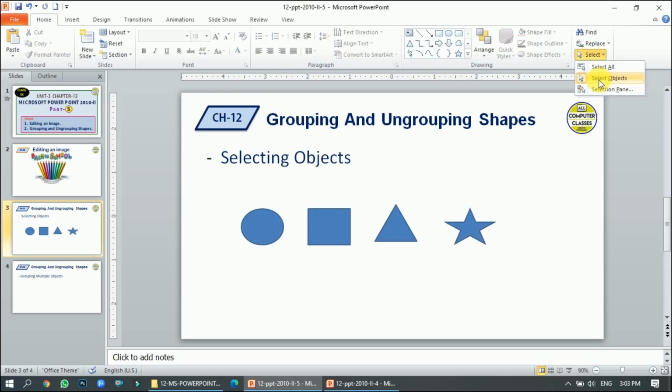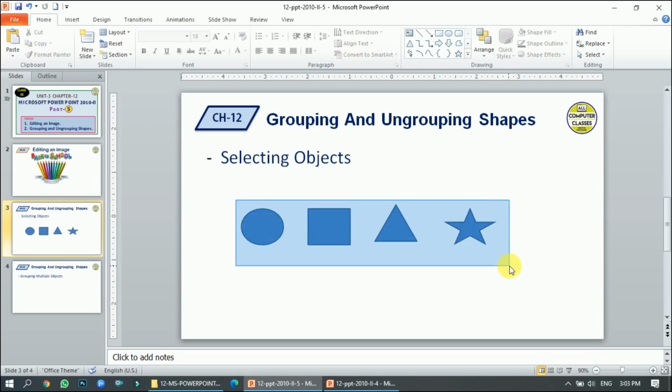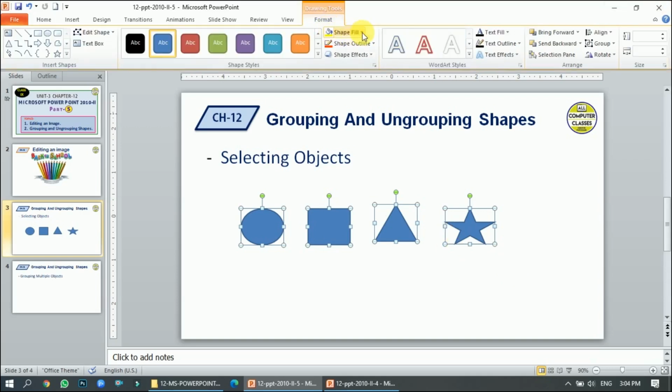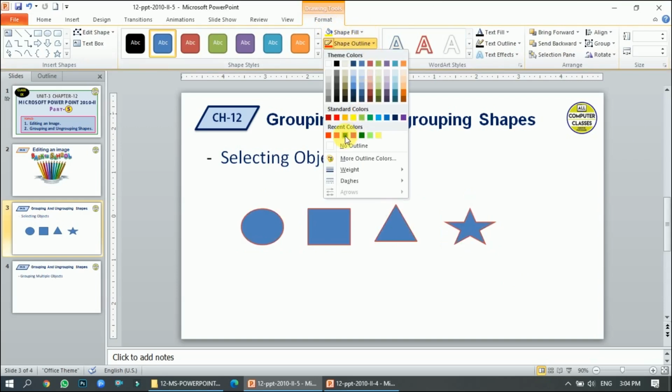Let me show you again. Select the object, come here, and now I have placed my mouse pointer like this. Now all the 4 objects will be selected. This is the way. The moment it gets selected, you go in the Format tab and give the shapes the